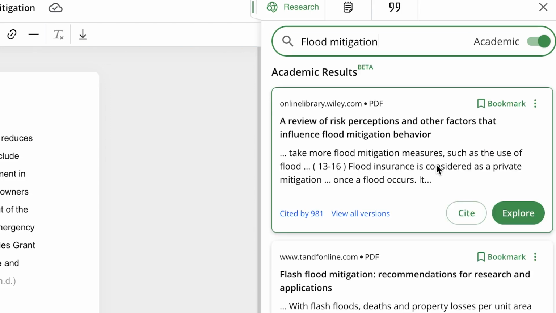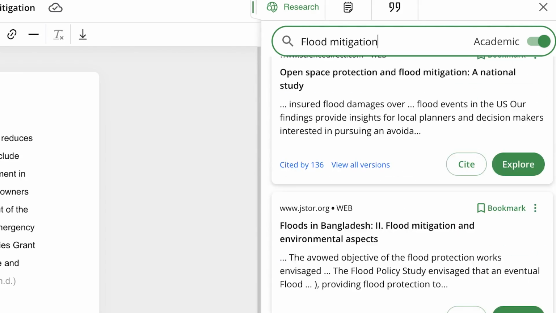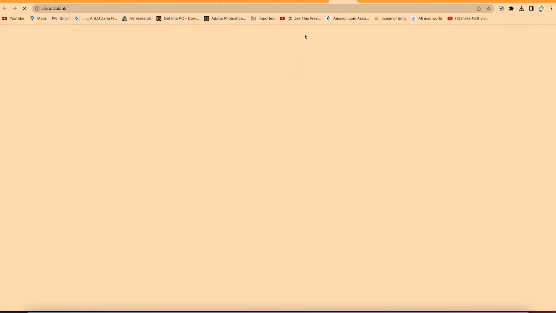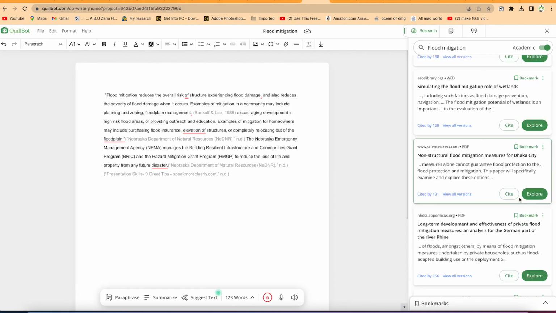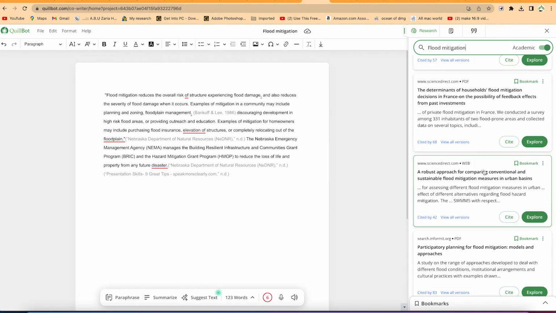Okay, it's going to be specifically academic search, and you can cite directly from here, and it's going to go directly to make it specifically academic. So all you are going to see is academic search. And you can explore to go outside of Quillbot to do many more things from Quillbot. You can go to other sites and do all sorts of addition and subtraction, and do all sorts of research also outside of Quillbot.